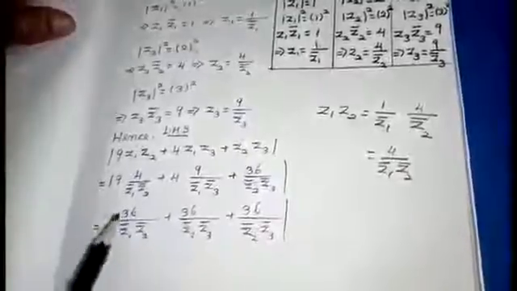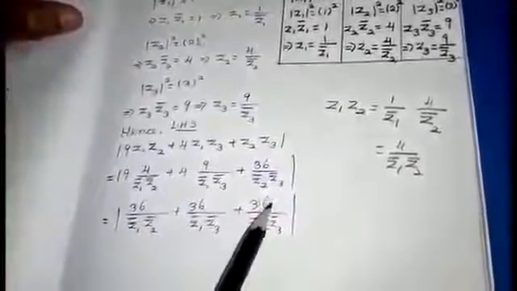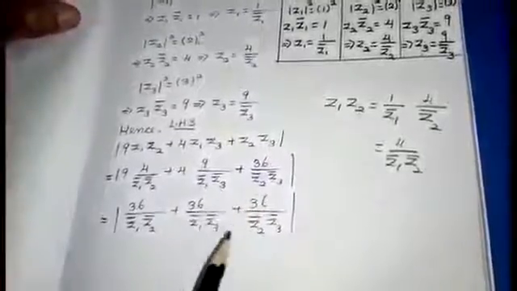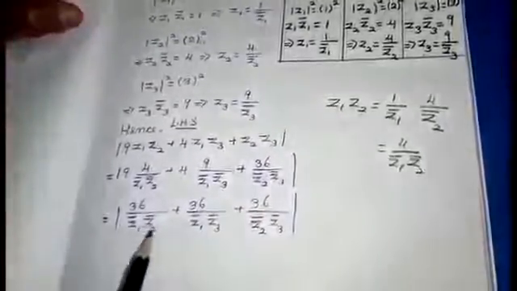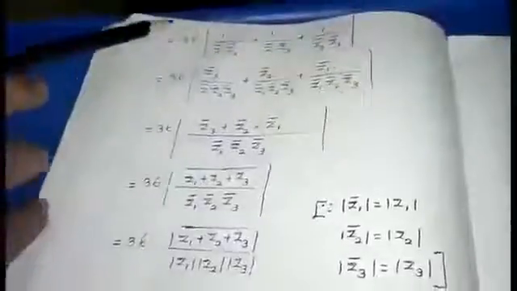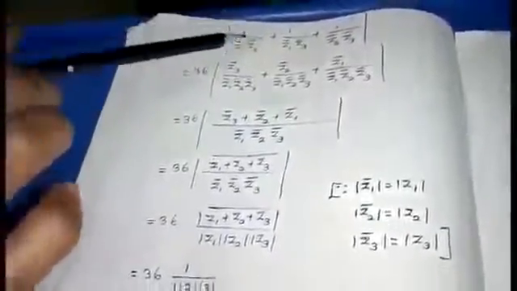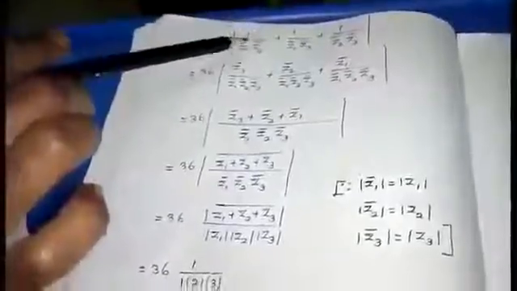If you see the numerator you will be having 36. I am going to take it common outside. That is, modulus of 36 will be 36. And the denominator, you will be getting the value like this. I am going to take 36 outside. After taking 36 outside, I will be getting the value like this. You are going to make the denominator the same. That is, I am going to divide and multiply by Z3 bar, Z2 bar and Z1 bar to adjust in such a way to get the denominator value like this.